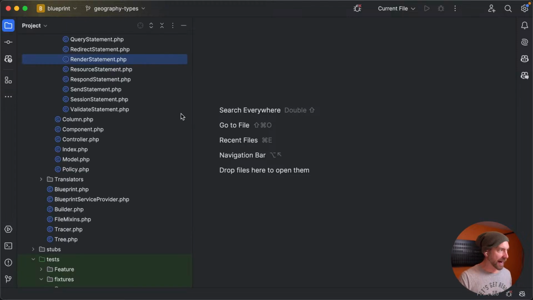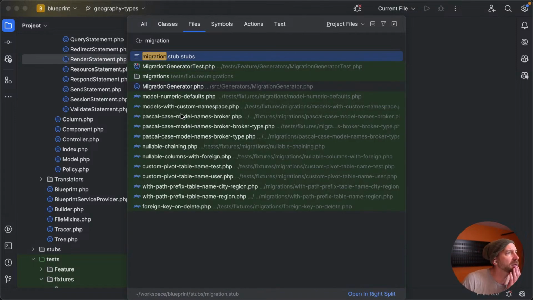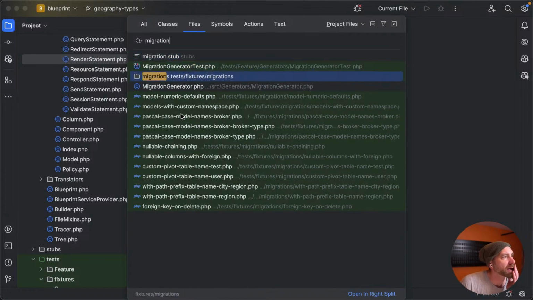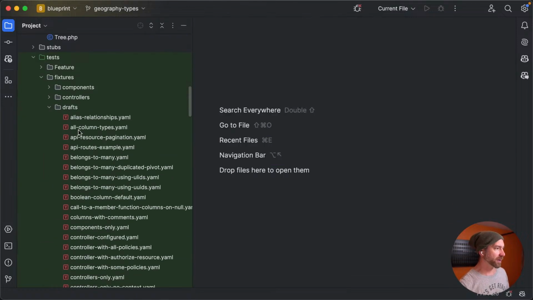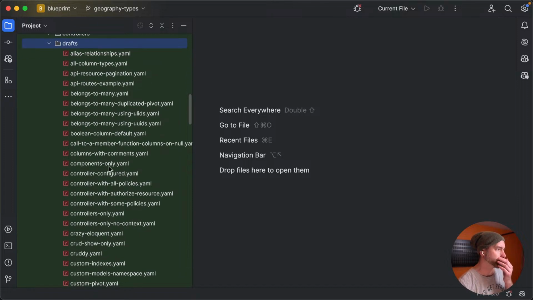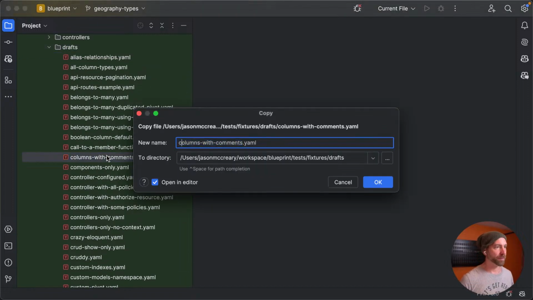So what we need now is a migration. Let's look at the fixture migrations. Let's get into our draft files again. So we have drafts. Let's just make a new geography